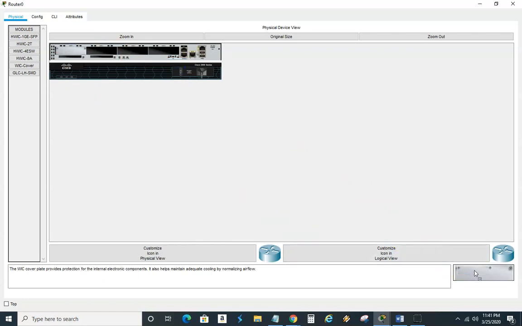There go one plate. There go two plates. Even though I don't need the ports, I'm gonna spend some money. You know me. I'm gonna make sure I got the best router. I'm gonna put this up there, and then I'm gonna put this right here. This is my serial port right here, and I'm gonna put that up there.